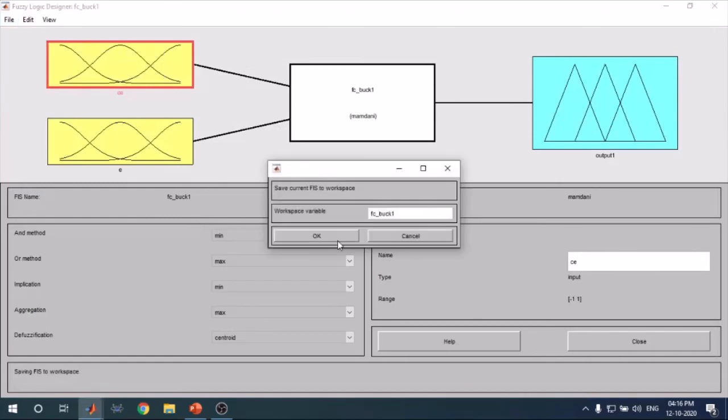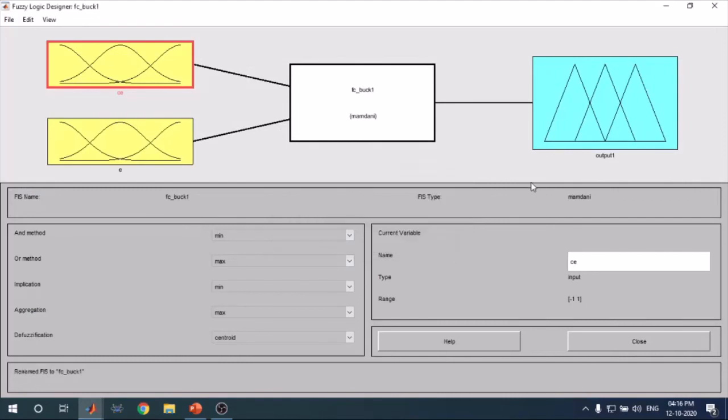So all the files come to the workspace. This is all about the fuzzy logic controller designer, how to design the fuzzy logic controller. If in any project you want to use this fuzzy logic controller data from the workspace, you have to go to the fuzzy logic block and call these files.